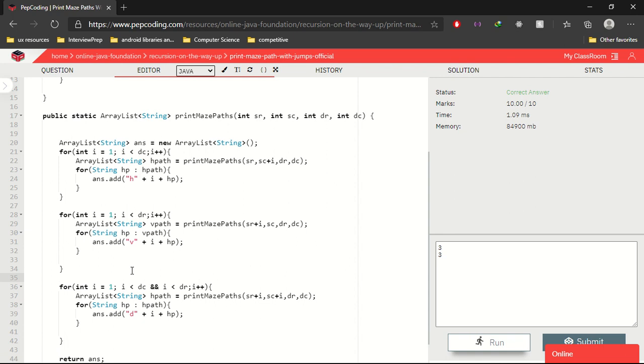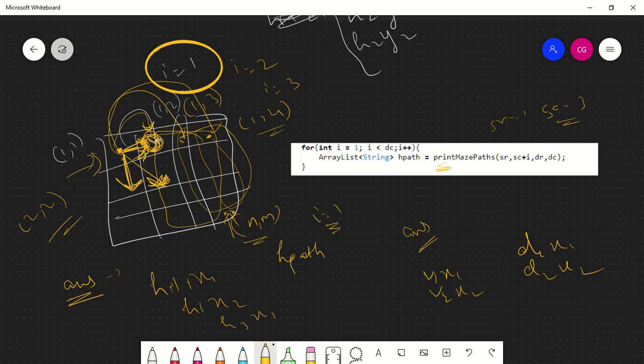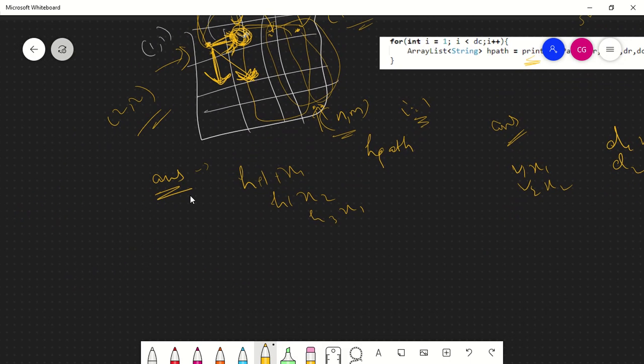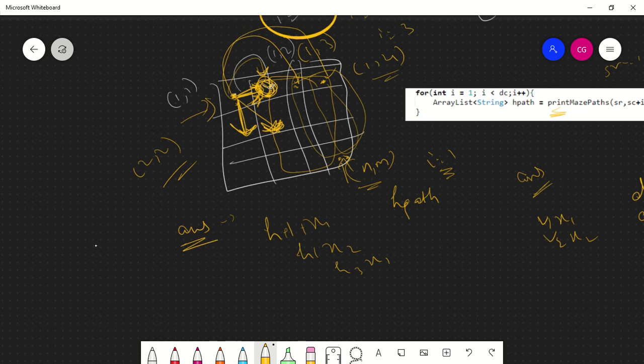Now, if we consider the base cases in this problem, one base case you can immediately identify is the case where you have reached n comma m, that is, your SR is equal to DR and your SC is equal to DC.